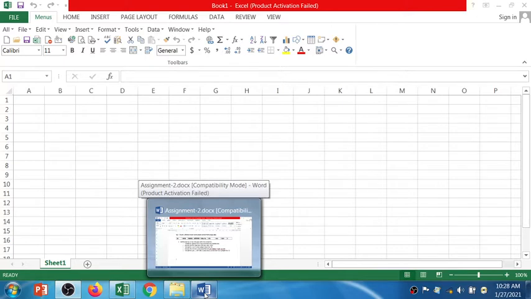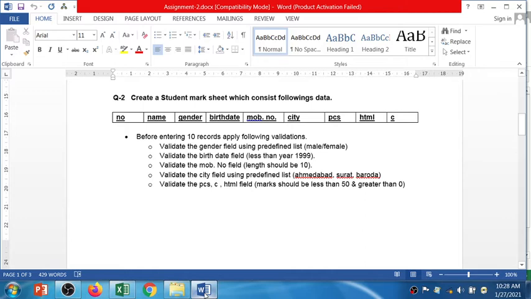In this session, I am going to discuss how to apply validation using Microsoft Excel. So, to validate your data, first of all, we need to follow the question, right? The question is: we want to create a mark sheet which consists of the following data, and the columns are number, name, gender, birth date, mobile number, city, and the marks regarding PCS, HTML